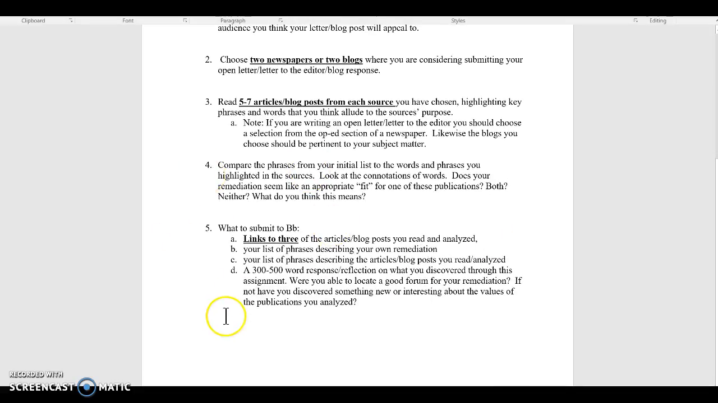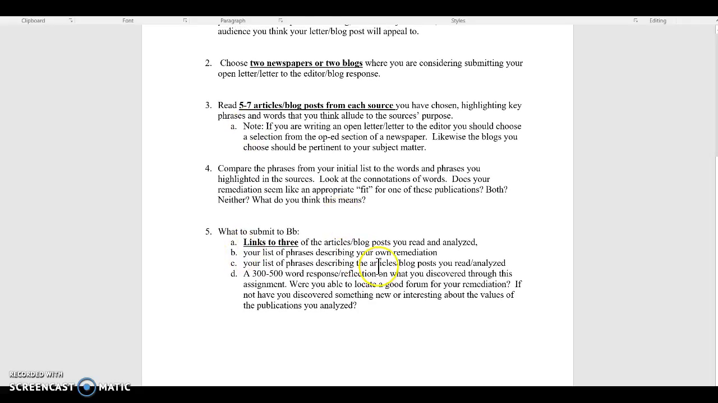So what do you need to submit to Blackboard? Links to 3 of the articles and blog posts you read or analyzed, your list of phrases from point 1, and your list of phrases describing the articles and blog posts you read, from point 3. If you highlight something, you can just go ahead and put the text from the article itself in there. And then a 300 to 500 word response and reflection